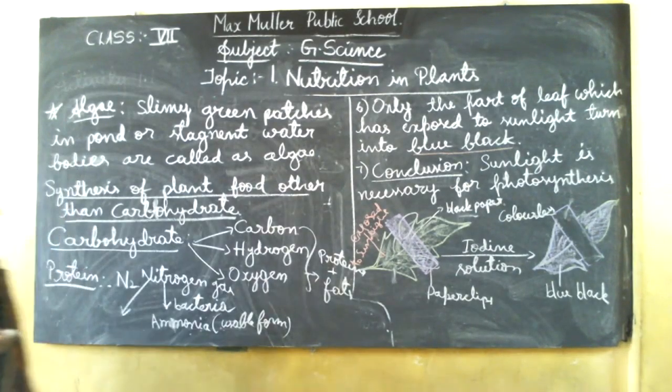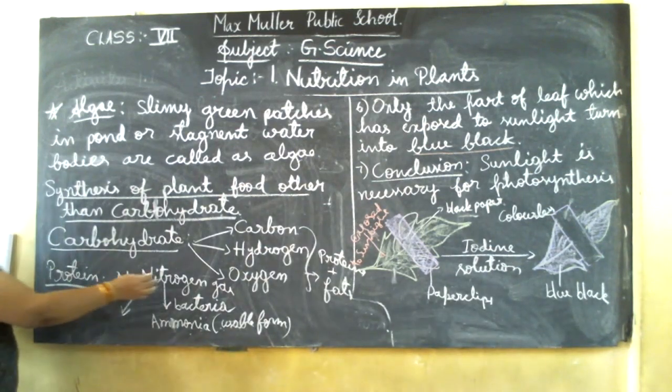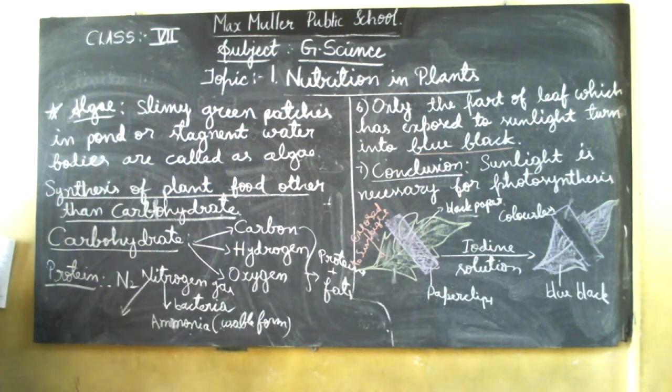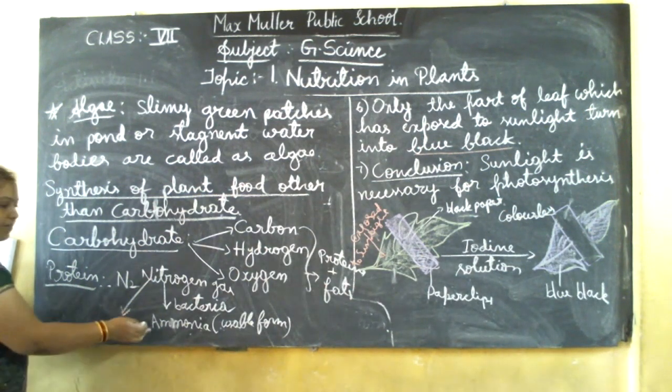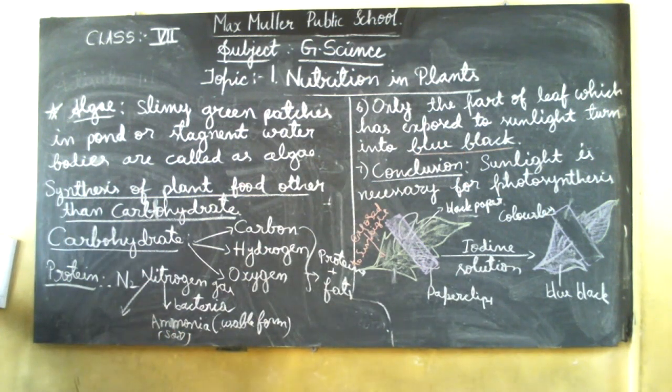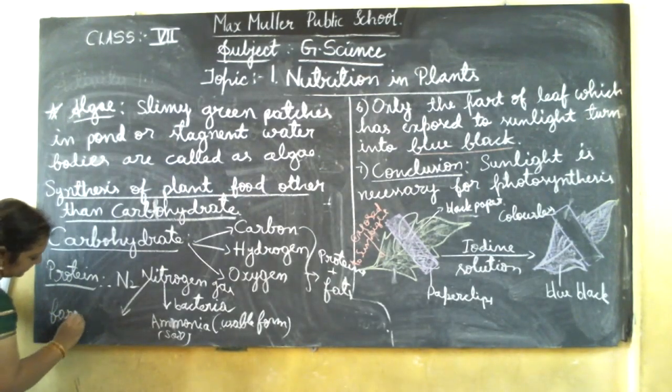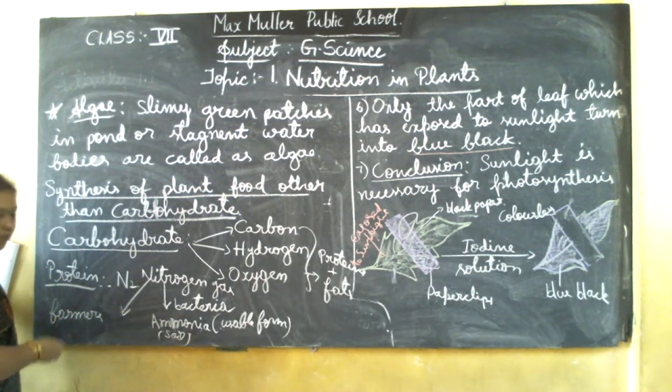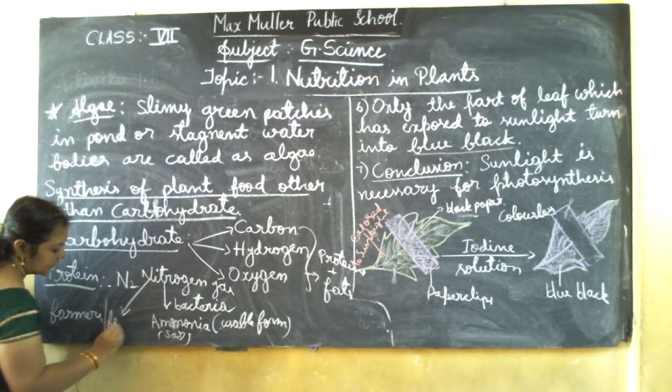Understand? So this nitrogen, if it is not converted to ammonia, the plant is not able to absorb it. That's why it is converted by bacteria, and then it is taken by the plant. Ammonia will be present in the soil and it will be absorbed as a mineral along with the roots. Along with the water, the roots absorb the minerals also. If it is not present, the farmers will add fertilizers.